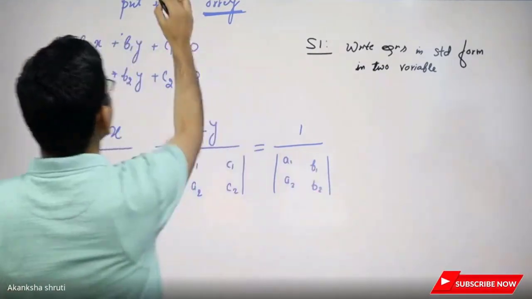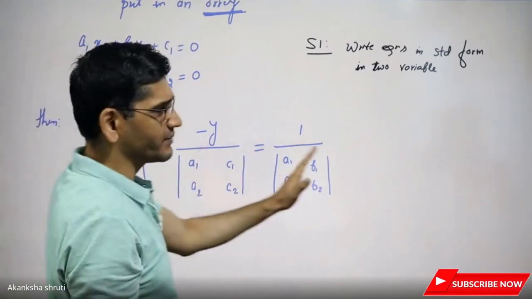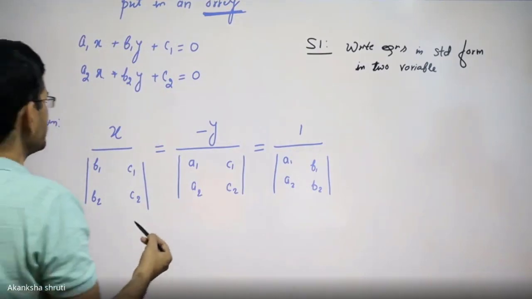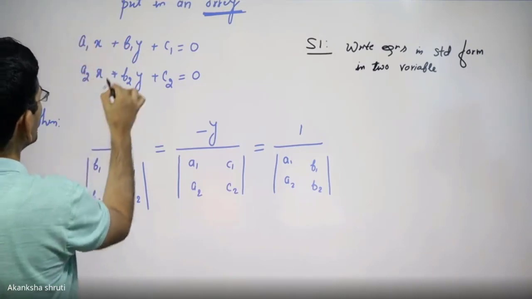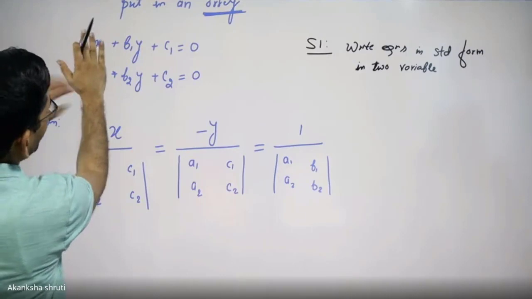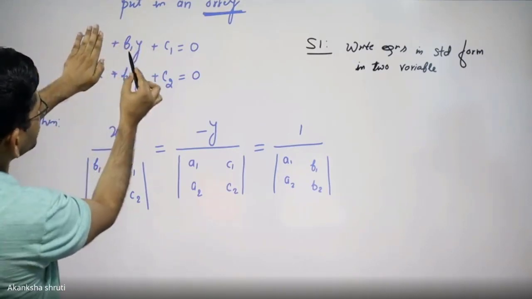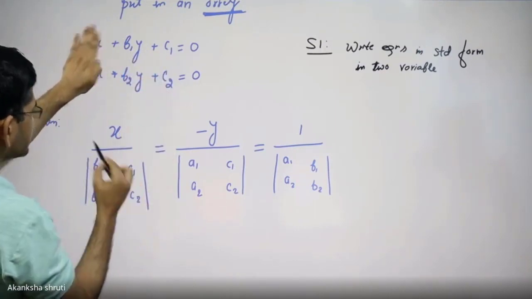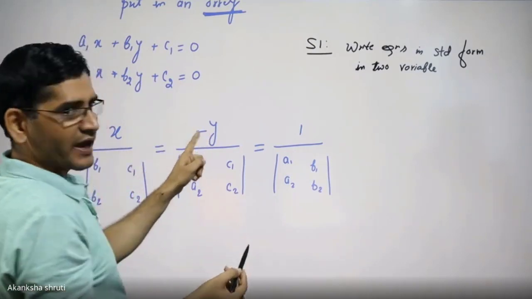So this is the array or arrangement which is going to give us the value of the variable in just one line. Students, again keep in mind, for finding the value of x, you need to hide or eliminate the x term from both. Write the numbers in the same order. Order is very important. While hiding the x, you are left with b1, b2, c1, c2 below the x that we have written. Keep in mind, the next one is minus y. This minus sign is very important.